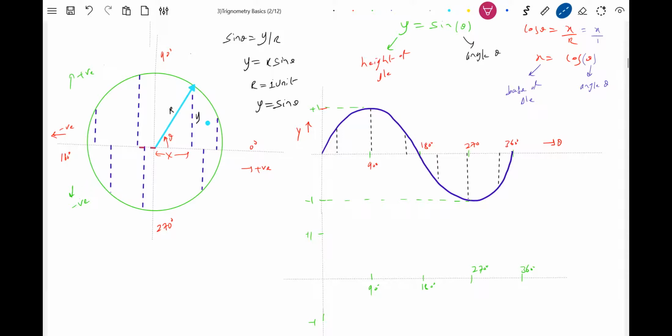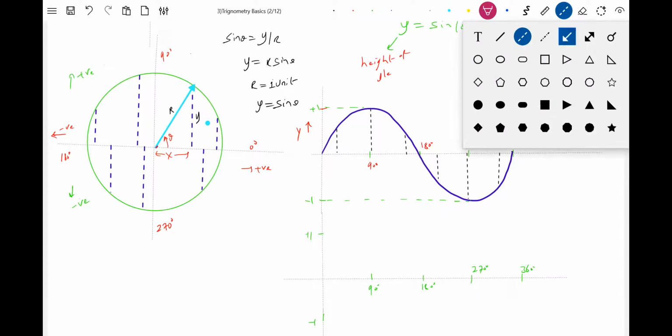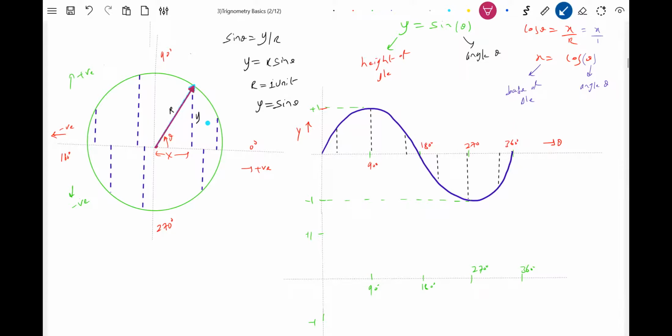Then again it starts becoming negative. Then again it becomes the maximum negative value. Then again it decreases. So as that blue color arrow rotates, the length of the horizontal line, the length of the base, is going to change. So it will be like this. Now, what is the value of x? It will become r. Don't look at the dotted line, so try to look at the